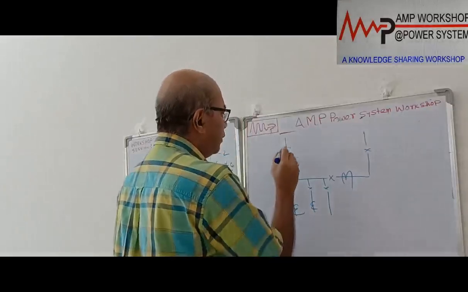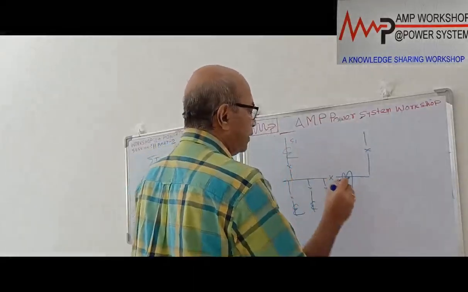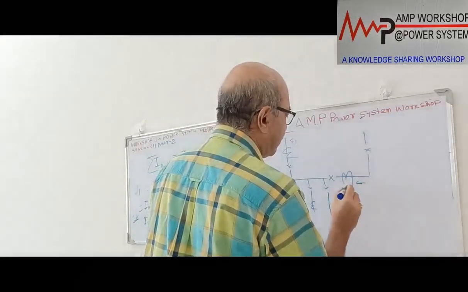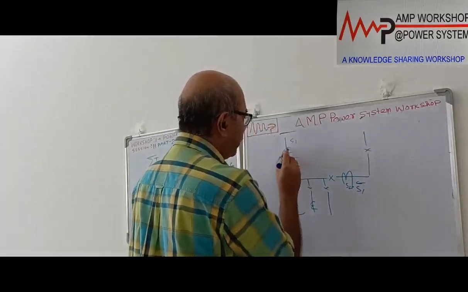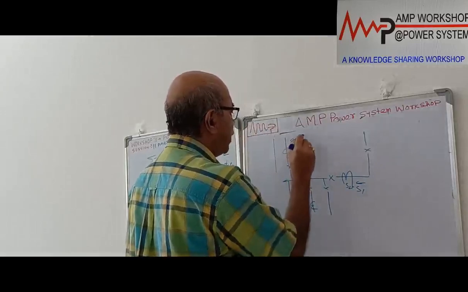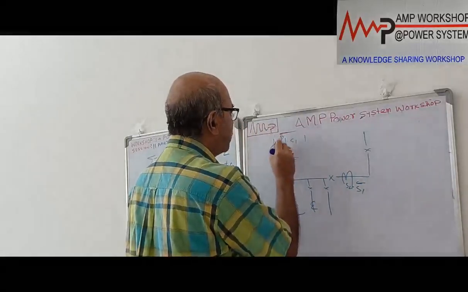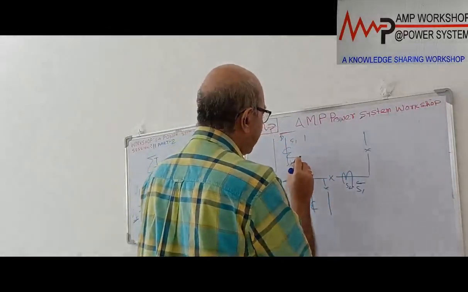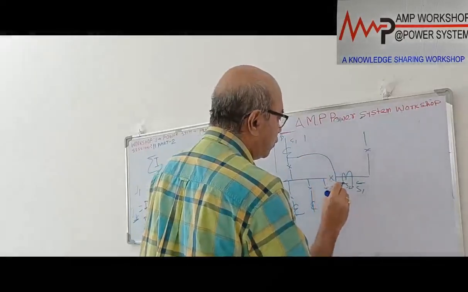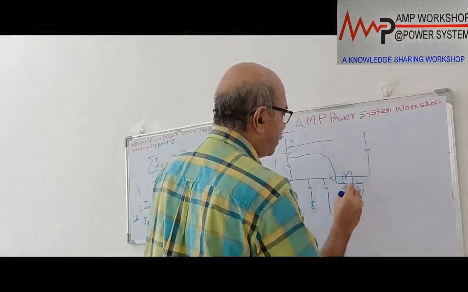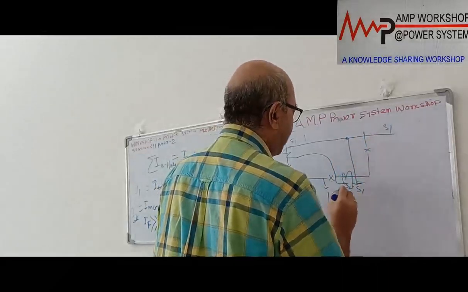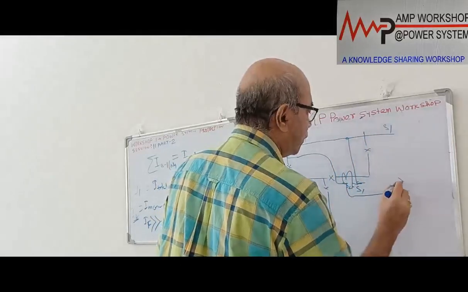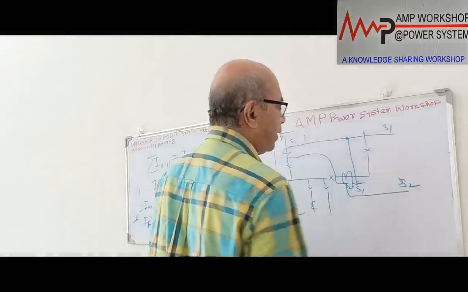Now this is S1. The current is coming this way for this bus. This is S1 and this is S2. So what do we have to do? For this part, I am drawing only one phase, it is a single line. Suppose this is the B phase, all of these are B phase. So this S2 will be connected to this S2, and this S1 will be connected to this S1. So this is S1 and this is the final S2 for the incoming.